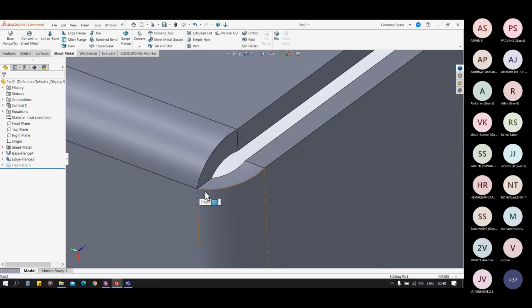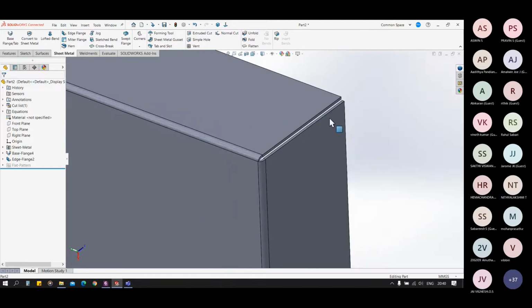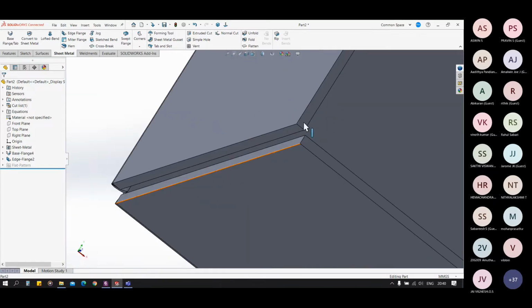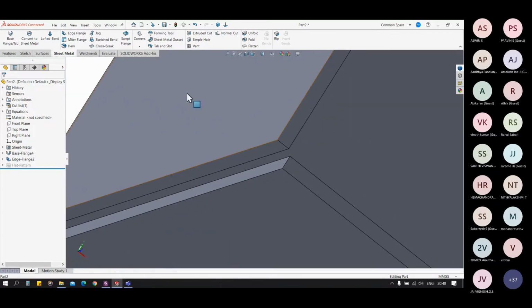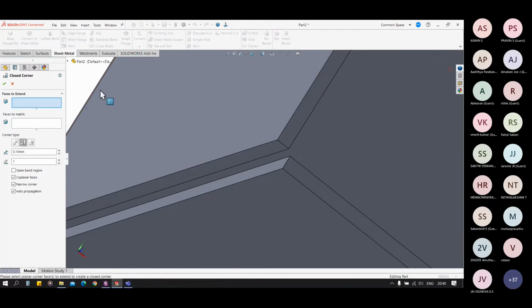Now we will be having a look at different types of corners. So let's go for it. In the corners, the first option is closed corner. In this we have corner types, faces to extend and faces to match.